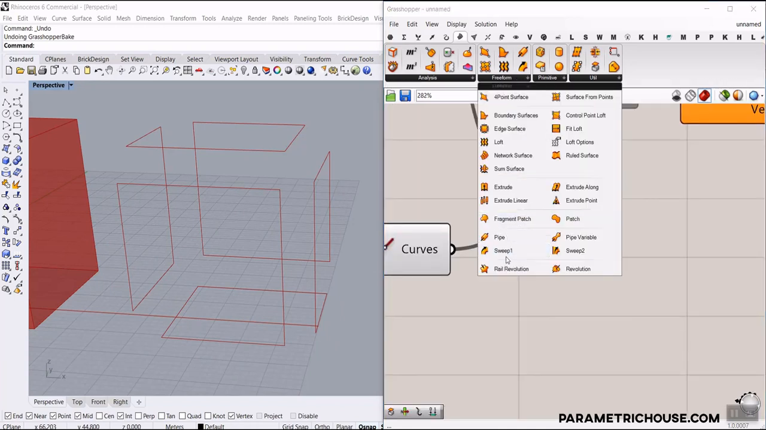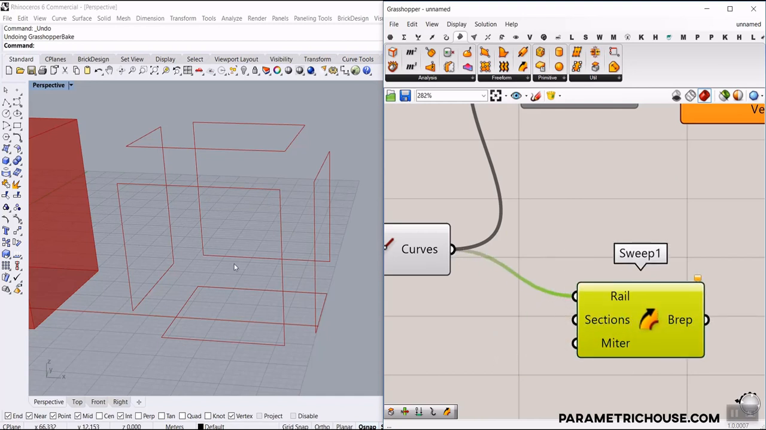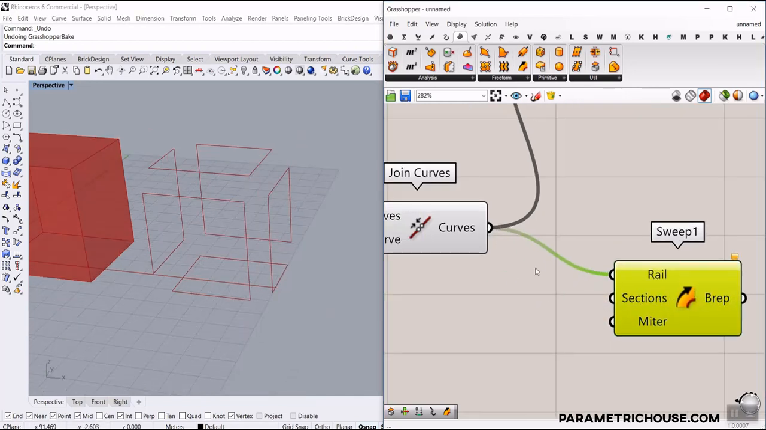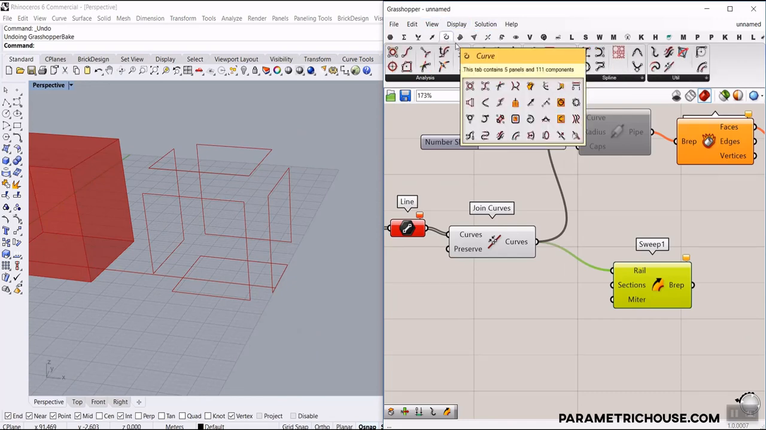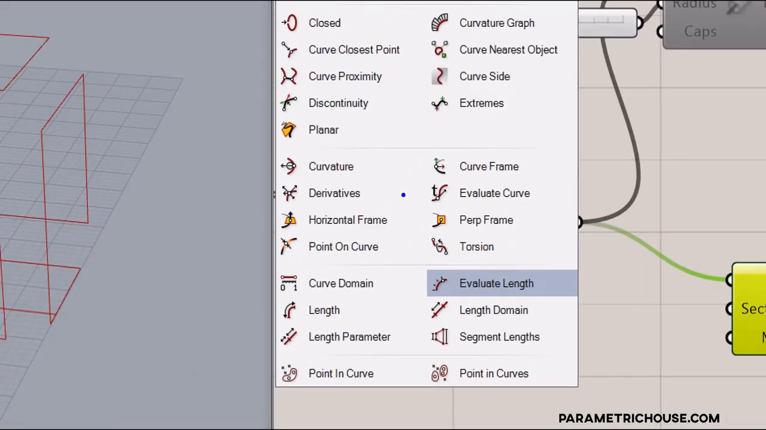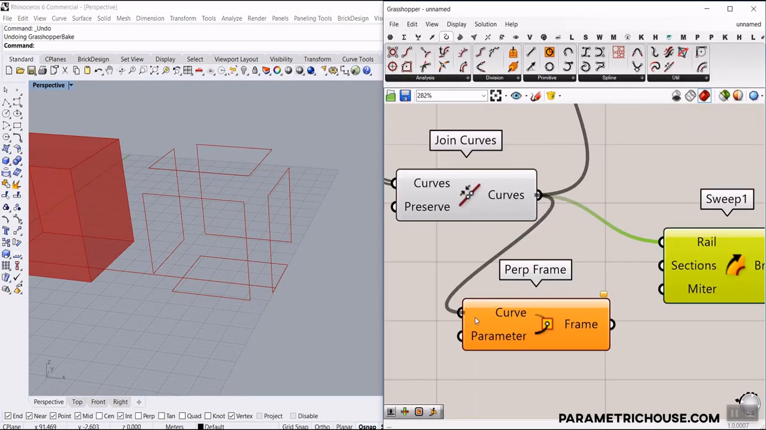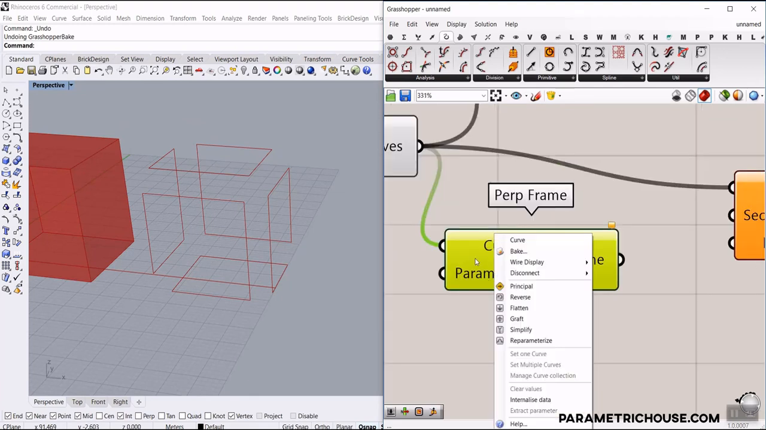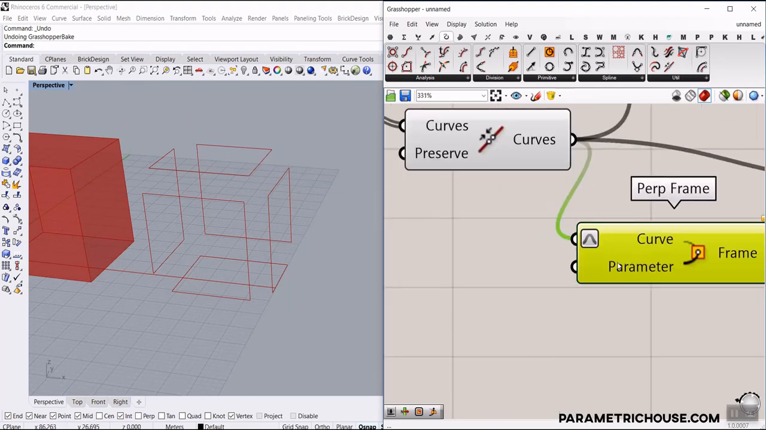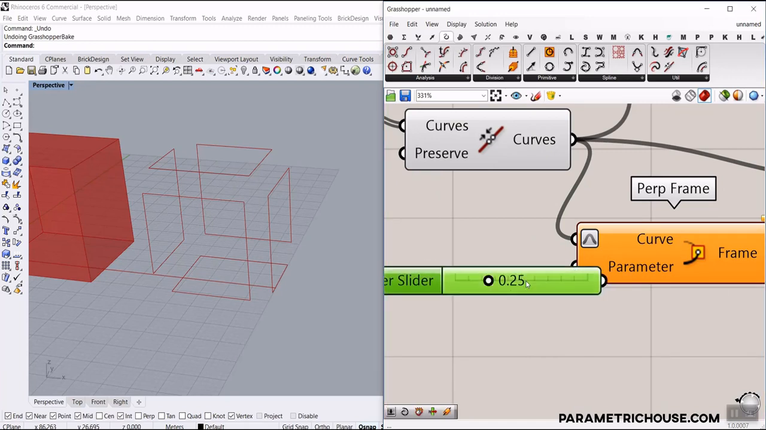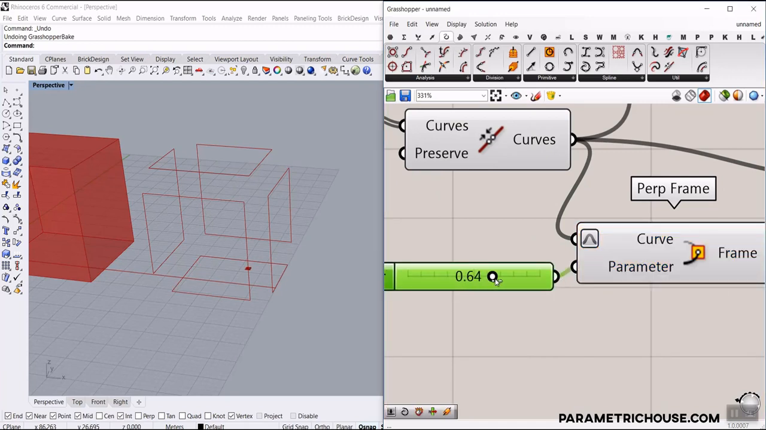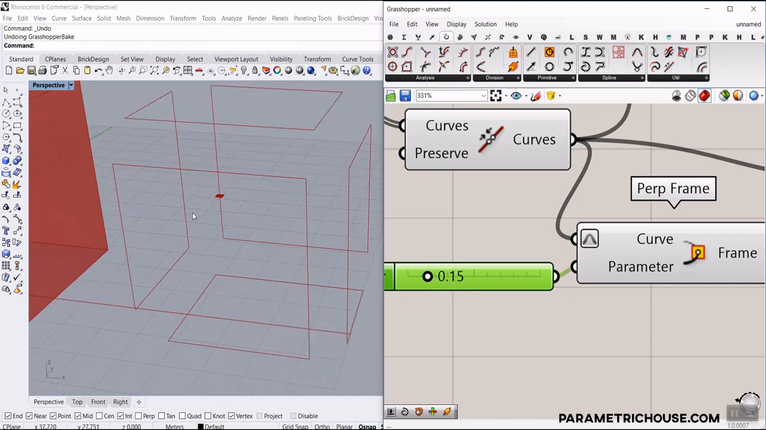The problem with sweep 1, which uses a rail and a section, is that if I produce a section on this, let's just do that by going to the curve, analyze, and using this perpendicular frame to make a frame on the curve. I'm going to give that to the curve. Remember to reparameterize it, because it's going to make it from 0 to 1, and let's just give a number between 0 and 1 to make a perpendicular frame from 0 start till the end, which is like that. Okay, so if I just put it like here and give it a section,